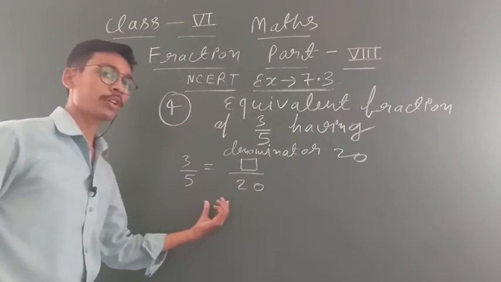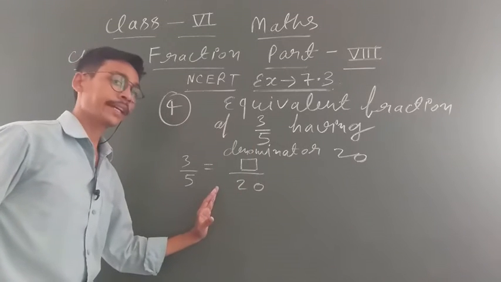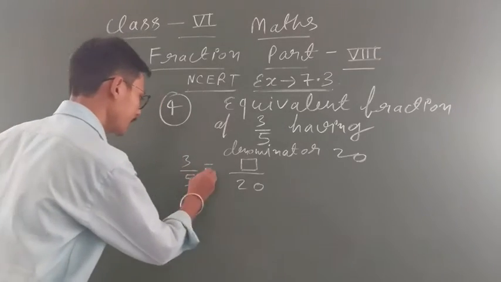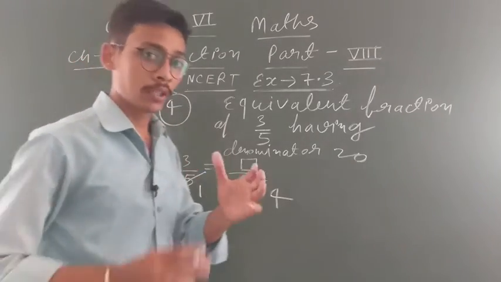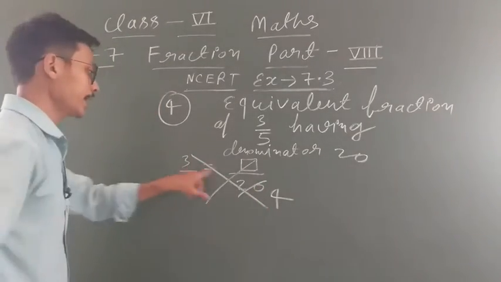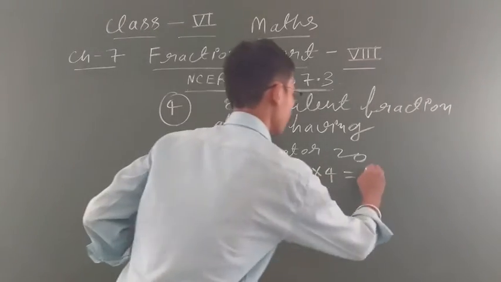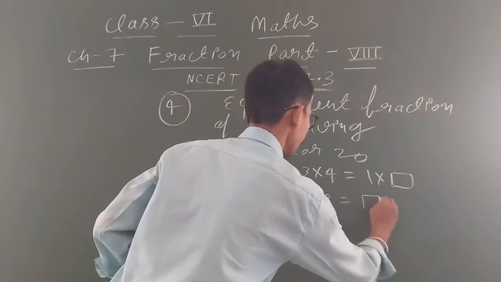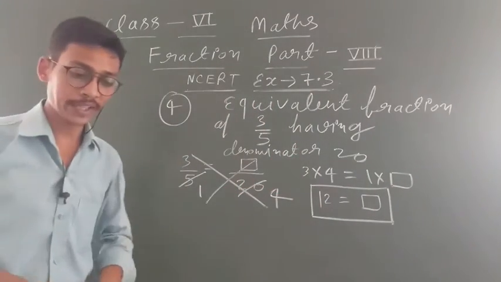Now, you know that some students will do, let's say, 5 fours are 20, so 3 fours are 12. This is also a method. Because 5, read out the table, which comes to 20, so 5 fours are 20. Now 3 fours are 12. It is also an easy method, but we know that 5 fours are 20 we can do, students, and this is very helpful for questions which require more calculation. Now you know that cross multiplication you do, student, 3 into 4. You will write down 3 multiplied by 4 is equal to what? 1 multiplied by box. Okay, student, it will come what? 12 equal to box. That is, the value of box equals 12. So I think now you are able to solve the question based on this. This is very easy, students.